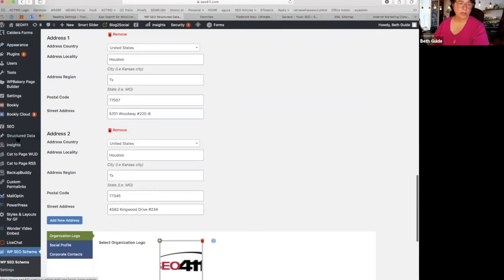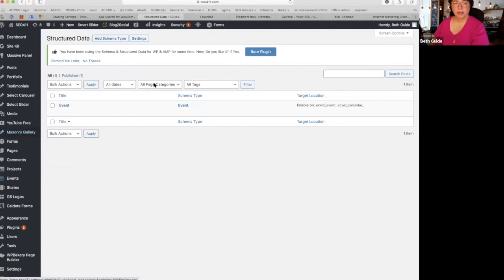Just saw it here. Okay, I have this schema type structured data, and I can go in this one here. I use this plugin. It's called Schema and Structured Data for WP and AMP. Part of the reason I got this is because I was able to set the type that I wanted